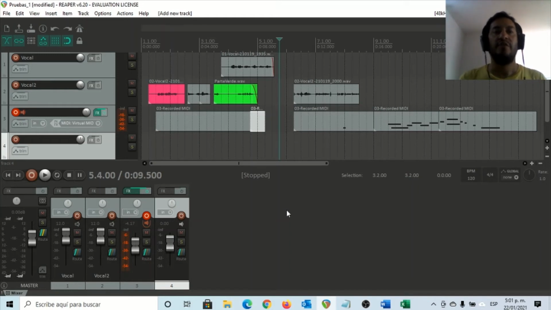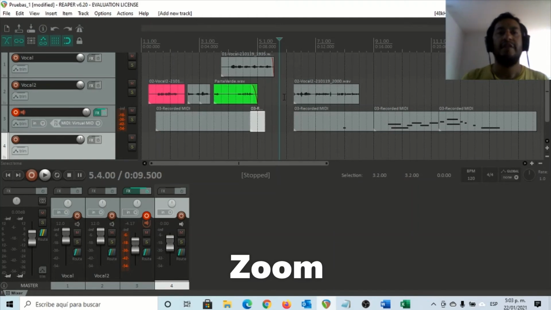how to perform some important editing tasks in our DAWs. Specifically, I'm going to use Reaper. Reaper is an excellent tool, it's an excellent digital audio workstation, and it has a very competitive price. So let's start. The first thing that I would like to show you is how to use our